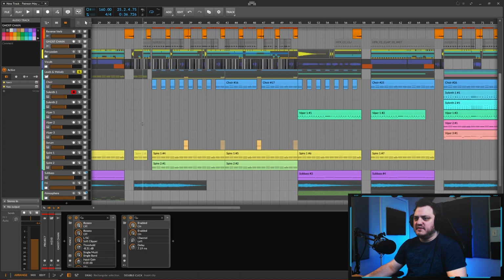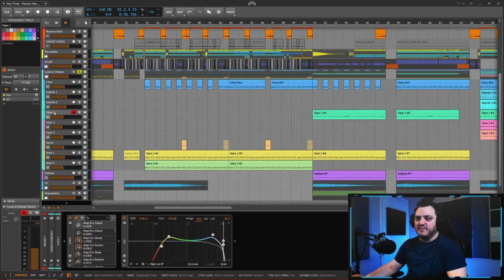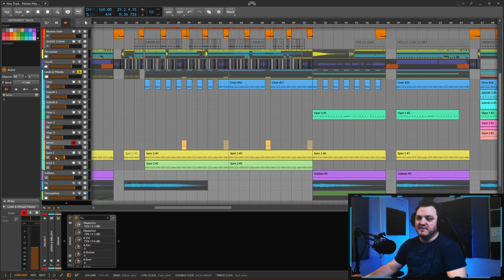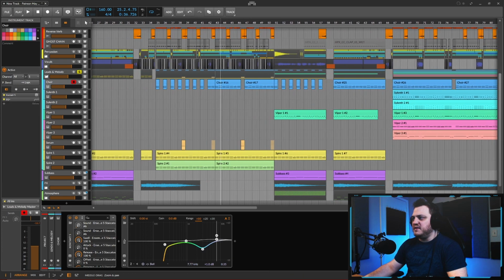So as you can see, a lot of instruments here, a lot of layers. I love using Viper. I love Sylenth. I love Serum. I love Spire. There's so many cool synths out there. I think they all have a place. They all have their particular sound. And when you combine them together, you just get some amazing results. For the choir here, I'm using Contact. And for the melody,